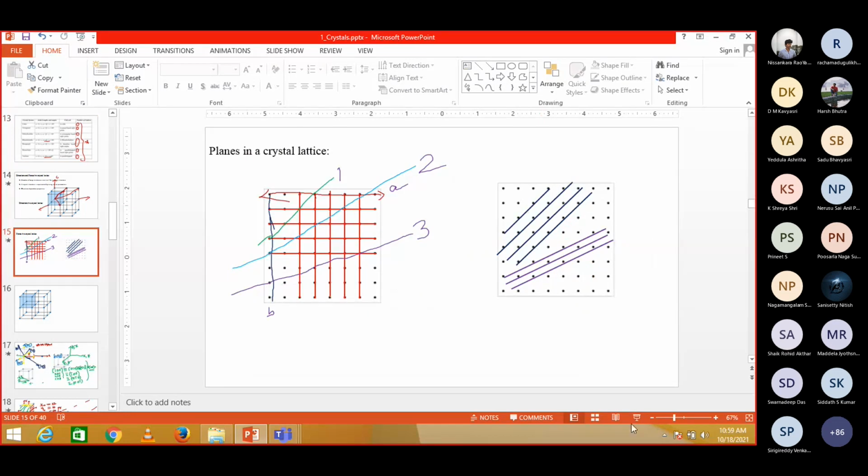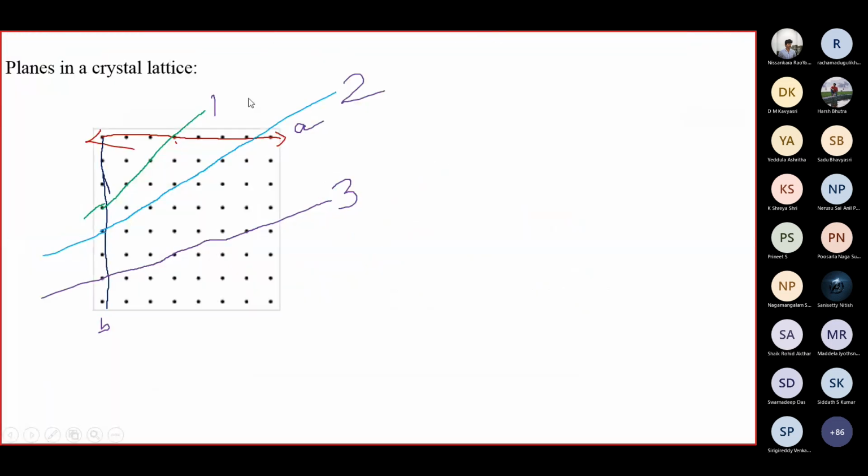Here, look here. Here I have explained. If this is a two-dimensional lattice, you have to imagine this as a three-dimensional lattice, which extends into the screen. Okay. So this lattice can be constructed or understood by considering this set of planes. That means it is just like holding your palm with its face facing the ground. Hold your palm just like the face of the palm is facing downwards.